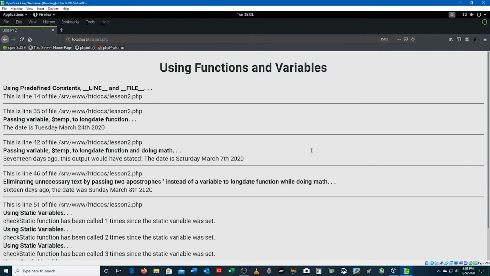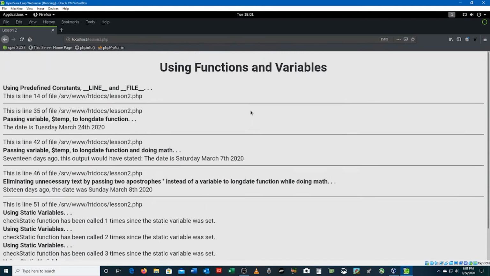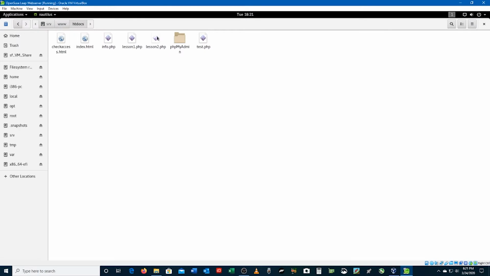it actually is working. Now, I wrote this out so that while you're looking at it, you could read the code and see which line is actually being processed and all this. So I used some predefined constants of line and file in PHP. And here, let me show you the code. Alright, so if we just open this up in the text editor,